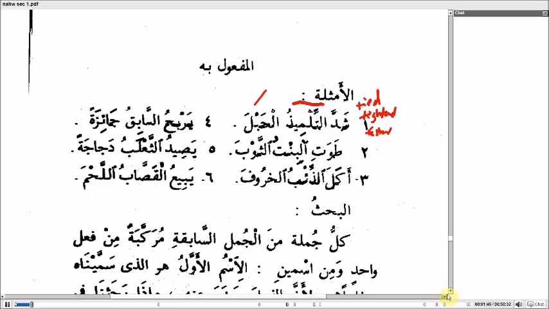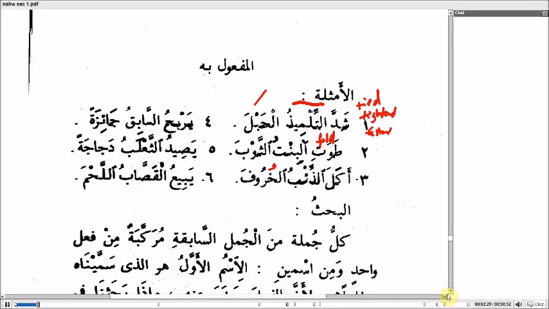Number 2, read it for us, Abdullah. Tawat al-bintu thawba. Naam. Right? Number 3, Zubair. أكل الذئب الخروف. نعم. So what is to fold? Tawat al-bint. The girl folded the thob, the clothing.